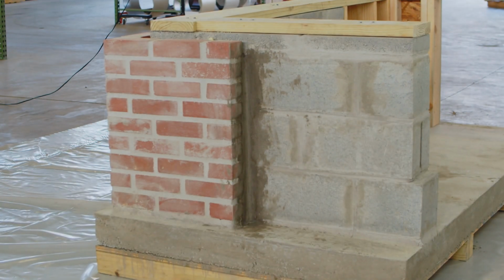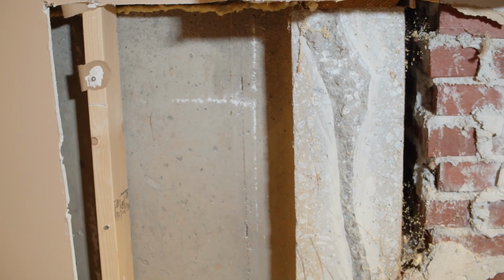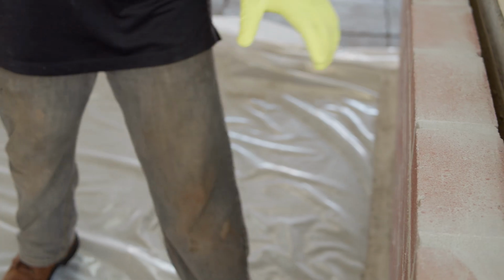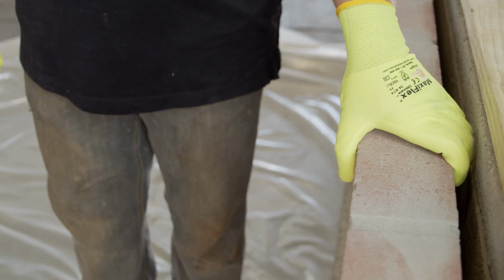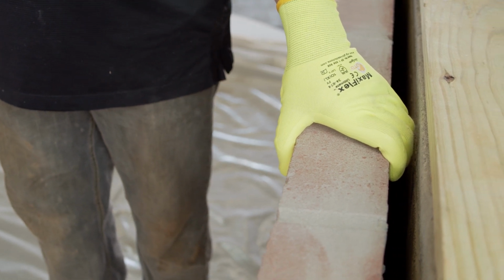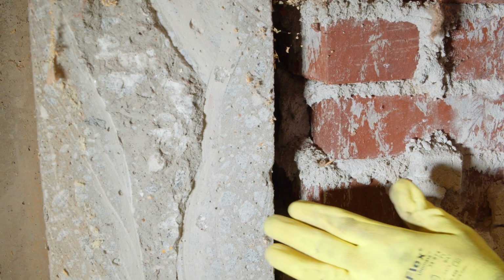Most homes with a basement will have foundation walls constructed from either concrete blocks or solid poured concrete. When decorative brick veneer walls are installed, they are built alongside the foundation walls. As the brick mason constructs this exterior brick veneer, his gloved hands will need space to lay the bricks on top of each other. This creates a gap or finger space that lies between the foundation wall and the brick